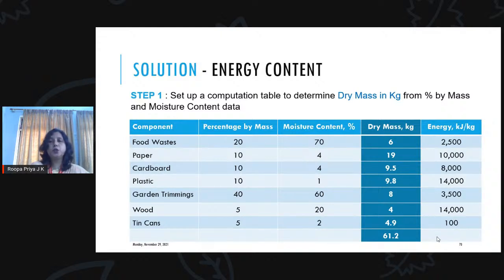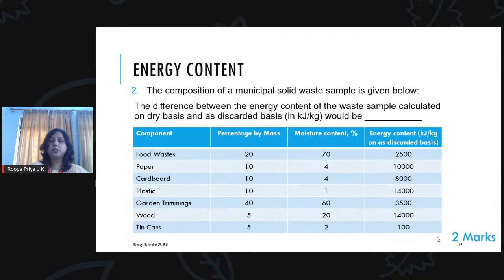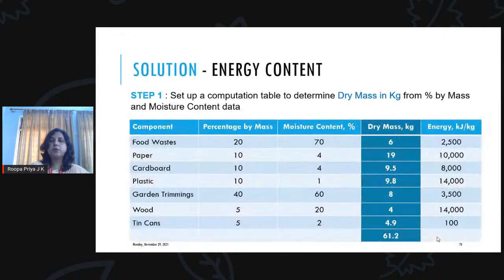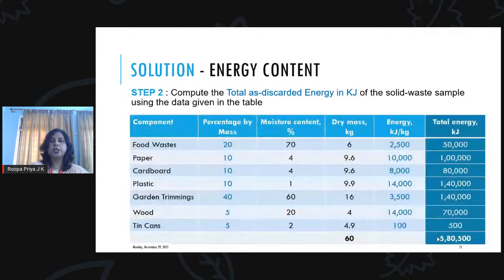The energy in kilojoule per kg is already given in the question. This is the question where we have the last column of the energy content in kilojoule per kg. So we have now calculated the dry mass. We now have the energy in kilojoule per kg, we'll have to compute the total energy accordingly. So the total as discarded energy in kilojoule of solid waste sample can be calculated using the given table. So we have the values given in the table and the total energy content can be calculated using this table,